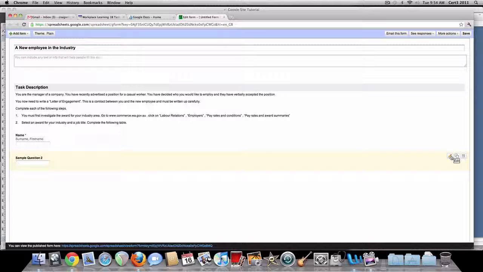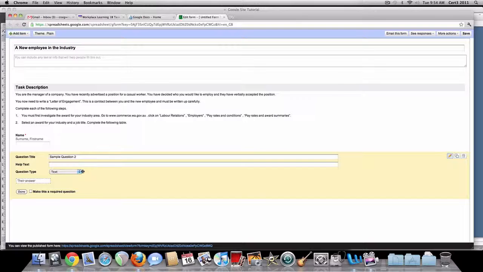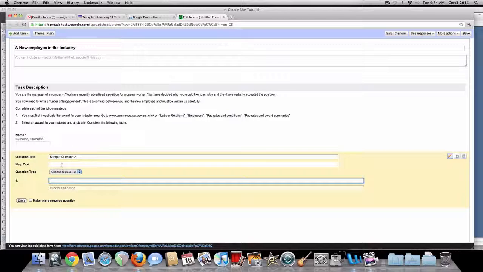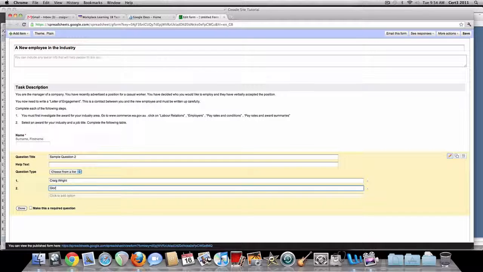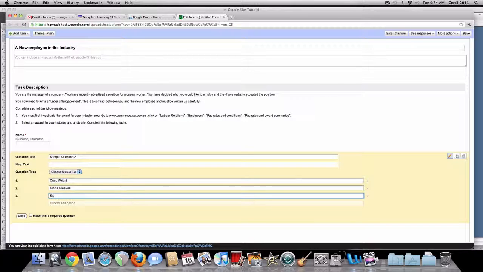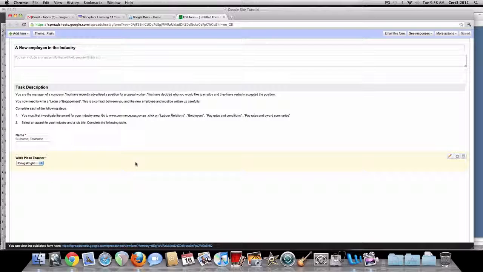and I'm going to click edit. I'm going to make this choose from a list. So I'm going to put Craig Wright, Luke Reeves, etc. I'm going to make this a required question and change this to workplace teacher. Click done. So the next thing I'm going to do is I want to add the required information that I